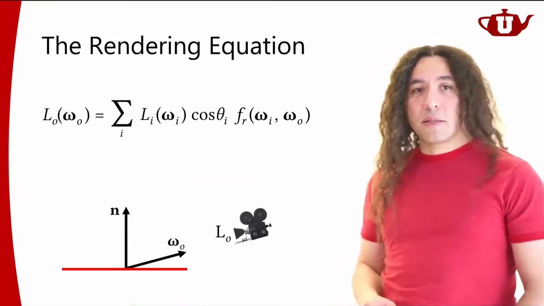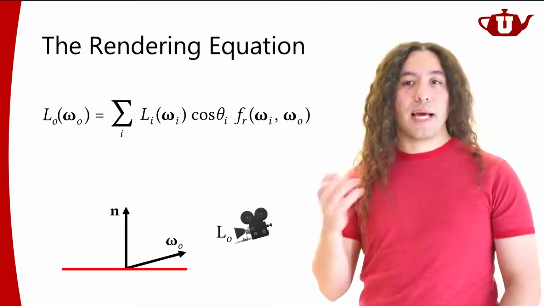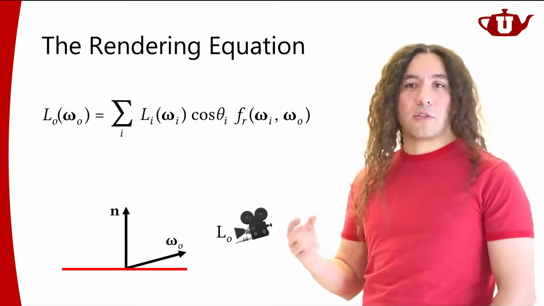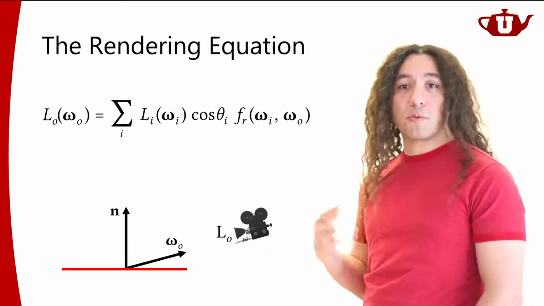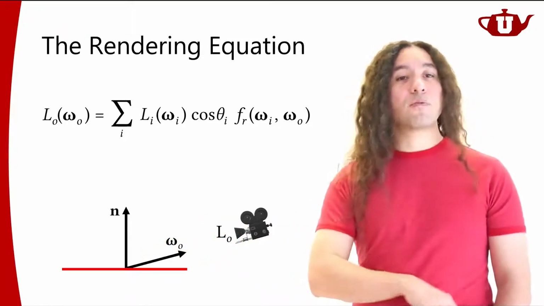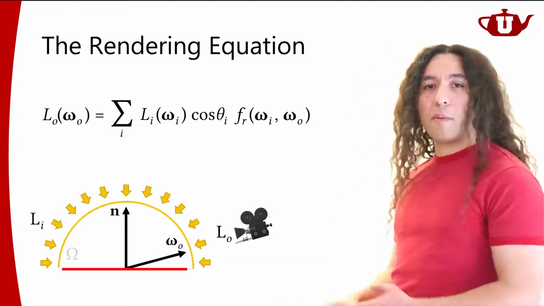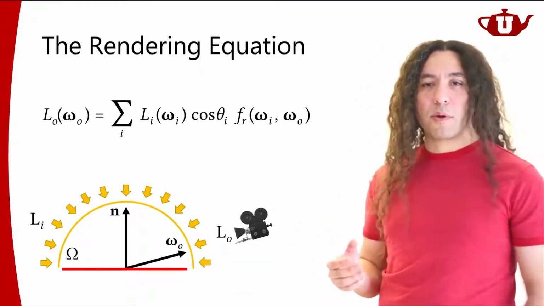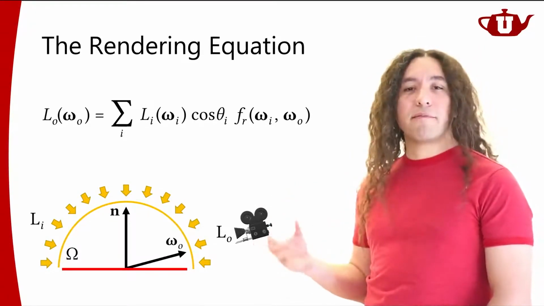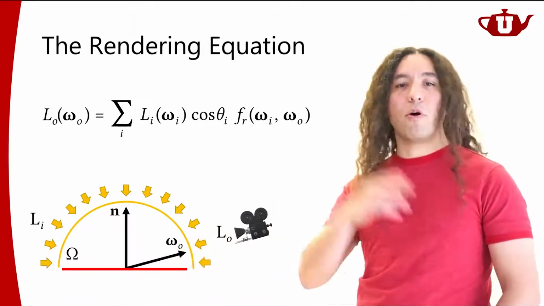But in general, light is not just coming from a few light sources. In reality, when you look at a surface, and we're trying to imitate reality in computer graphics to be able to produce realistic looking images, light comes from all directions. I'm going to revisit this concept later on. But in a realistic environment, there is some light that's going to be coming from all directions.